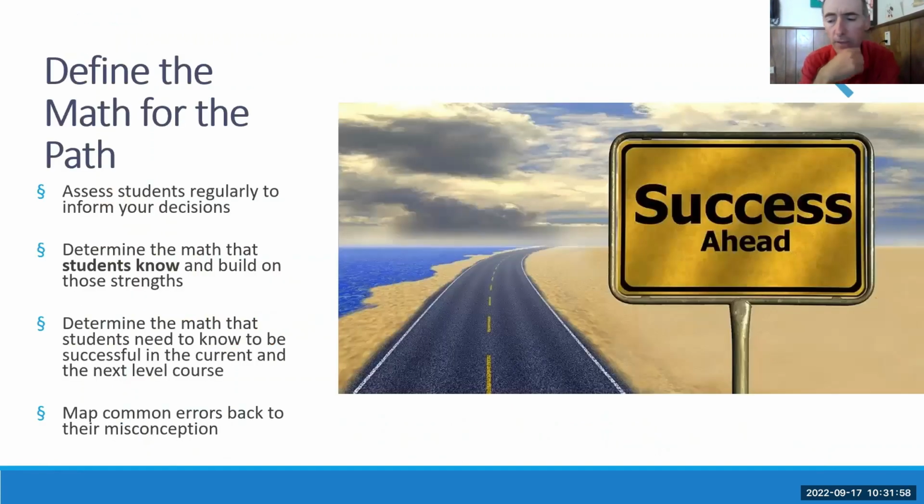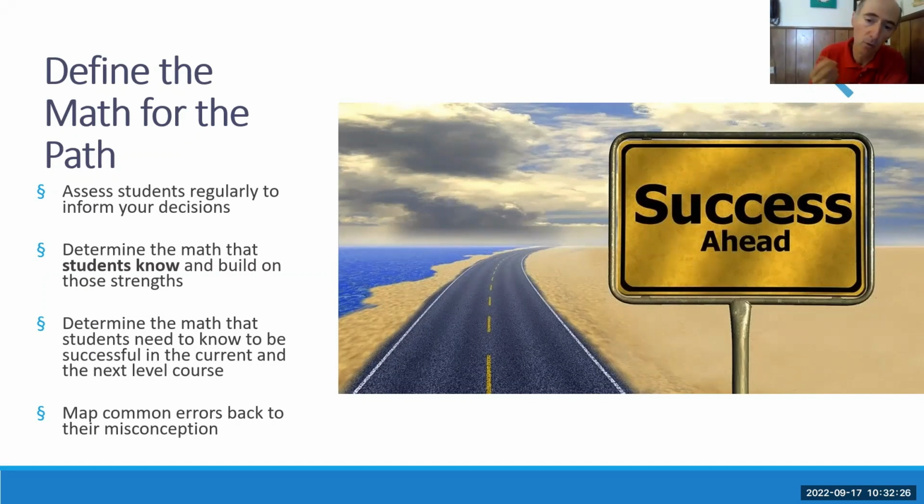So for the rest of our conversation, what I would like to do is give a few suggestions on what to do when you have the data. You analyze the data, and now what? You have your students in front of you, and if this is the beginning of the year, you have the whole year to work with them. So what we suggest is, and this doesn't have to be just MDTP tests, of course,